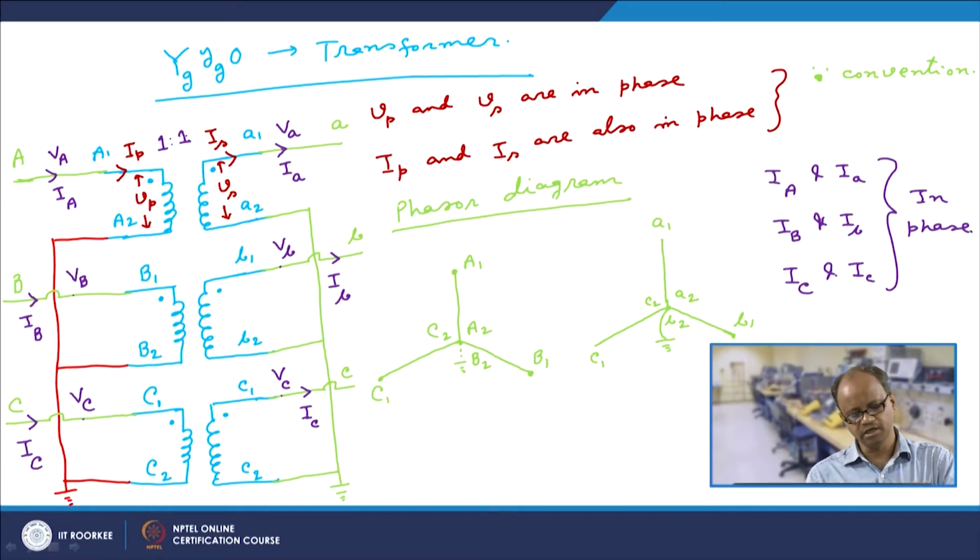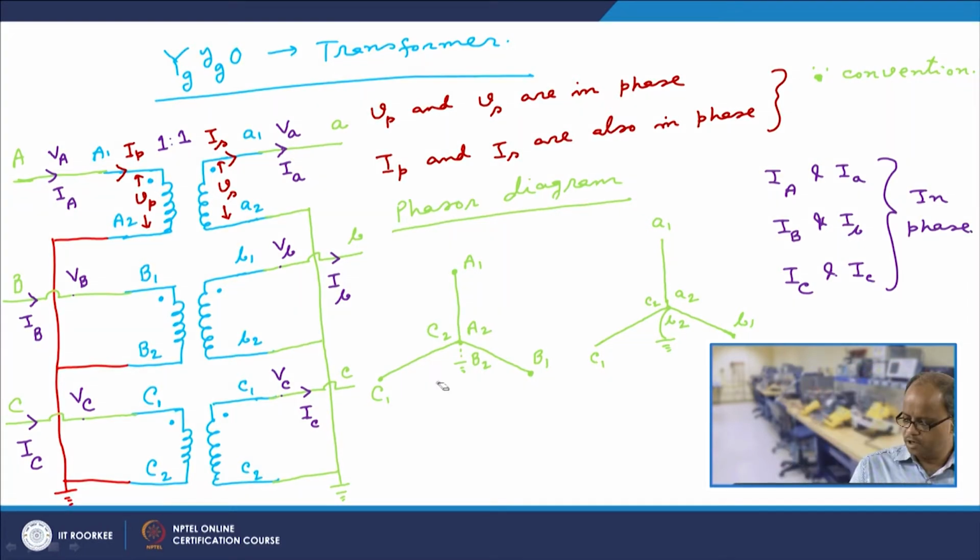That means basically if I give here a per unit voltage 1 per unit, I would also get 1 per unit voltage here, right. So, in per unit this is 1:1. Of course, in actual value this could be vastly different. For example, this can be, let us say, a 400 kV, and this can be, let us say, a 33 kV, right. So, in actual value these two winding voltage ratings could be vastly different, but in per unit they would be